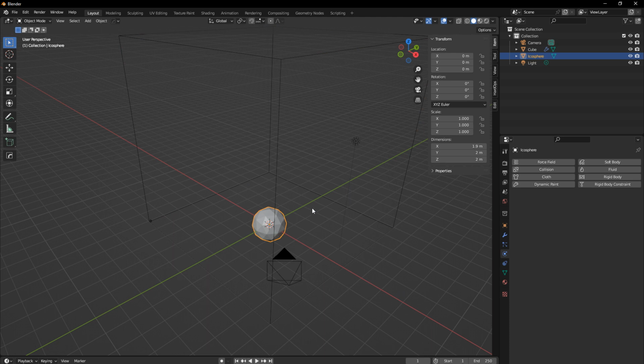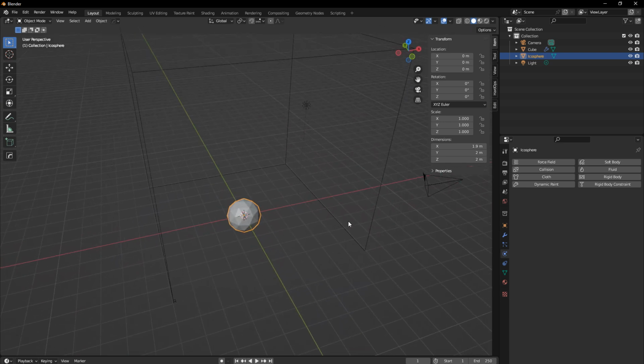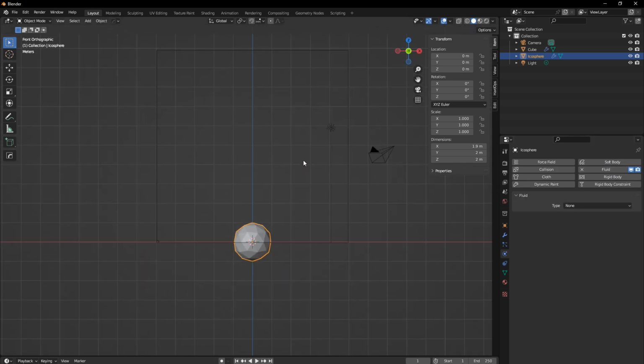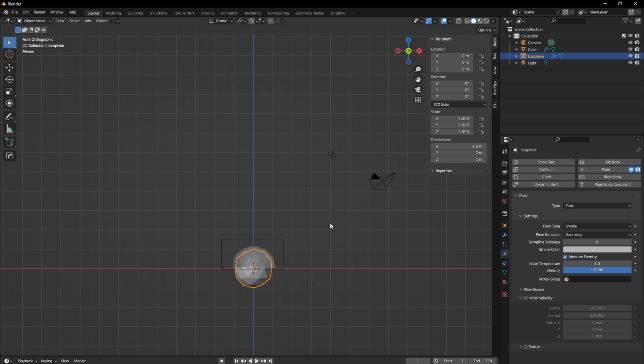We need some inflow, a source for the simulation, because the domain is just a container, but we need something inside the container which produces stuff. In this case, it emits fuel into the container and burns it, okay? So let's set it to flow, and as you see,